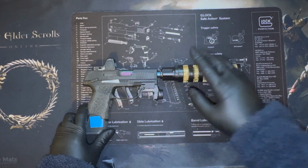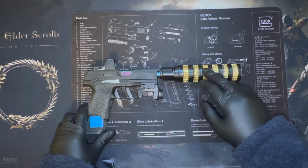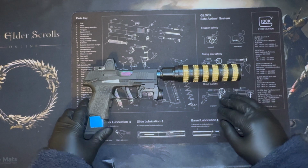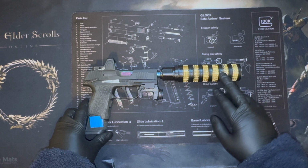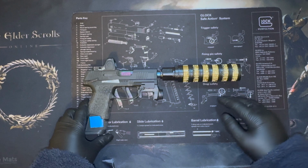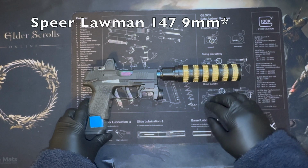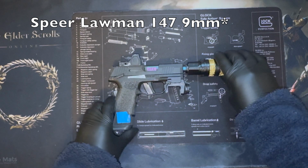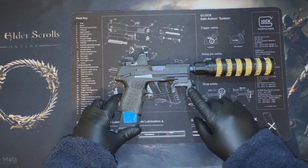Regarding the piston and all that other stuff, it just threaded right onto the True Precision barrel, and I never cleaned it. I probably should, and it really does get filthy because you're shooting subsonic 147 grain 9mm. Now, moving on, I have the Surefire